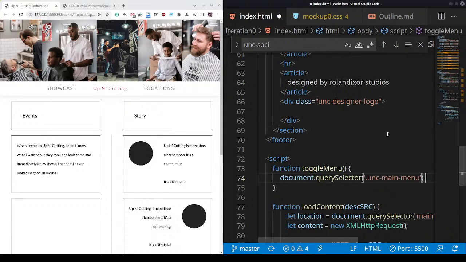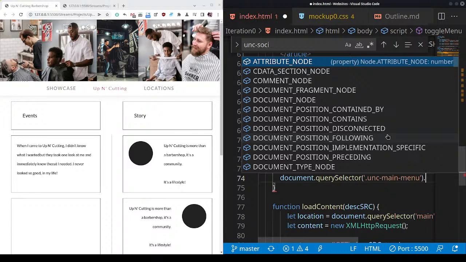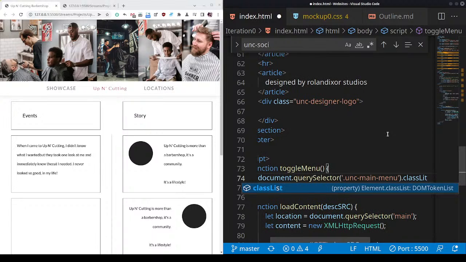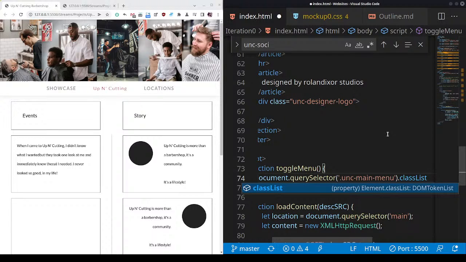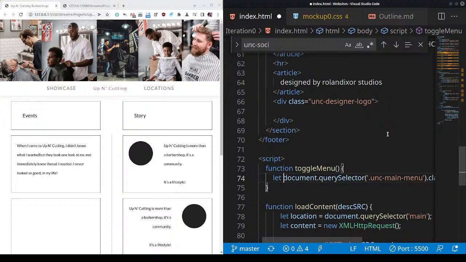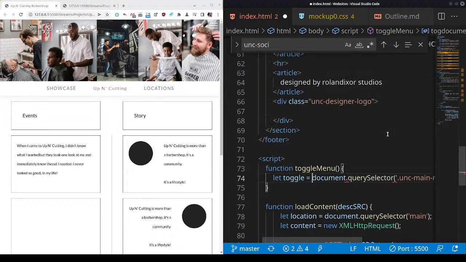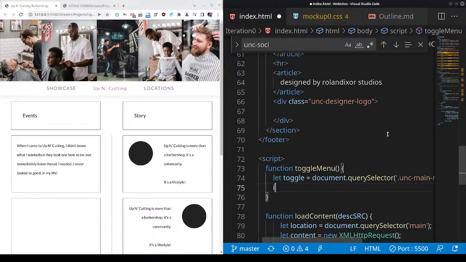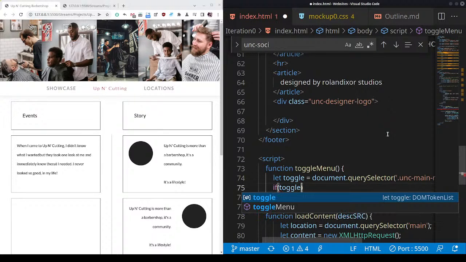Let's make sure it knows it's a class. Class list. Let's make this a variable actually. So let toggle equal class list, and then we can do if toggle contains